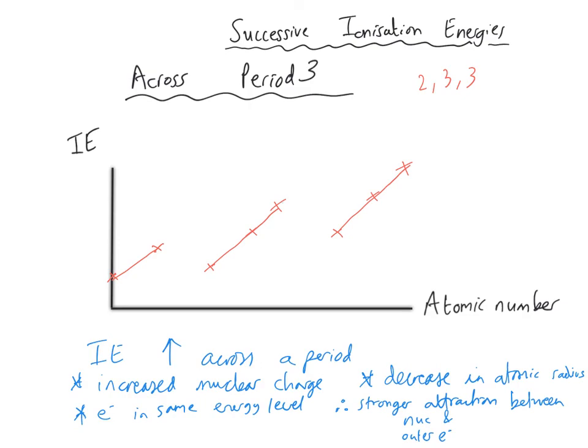There are, however, 2 dips in our pattern. And the first dip is easier to explain. And when you're asked to explain the cause of a dip, I think it's really useful to work out what the electron arrangement is for the different elements that you're comparing. So we're in period 3, so that means the second element in period 3 has got its outer electron in the 3s2 subshell. Whereas for here, because we've got the third element in period 3, it will be 3s2, 3p1,